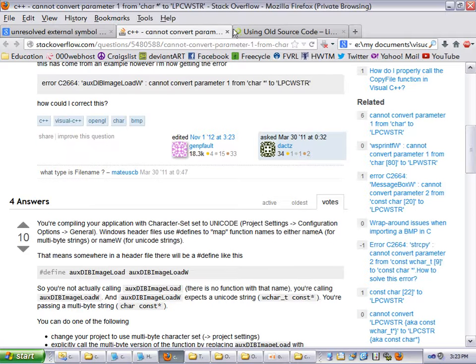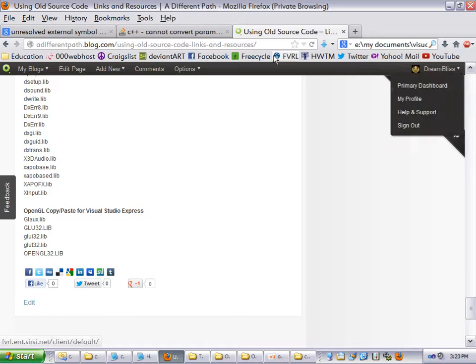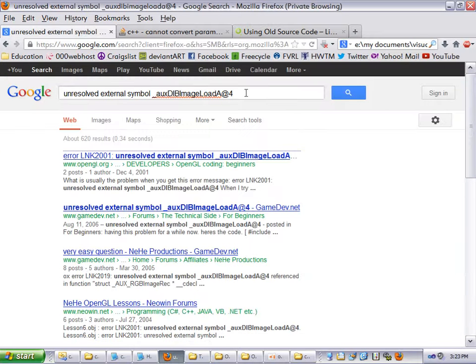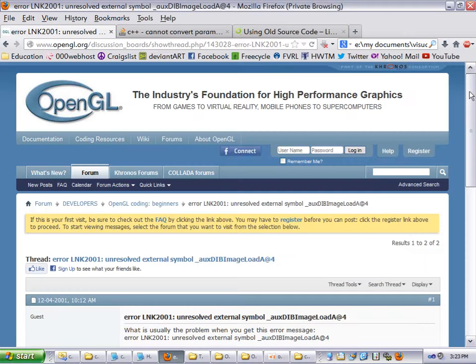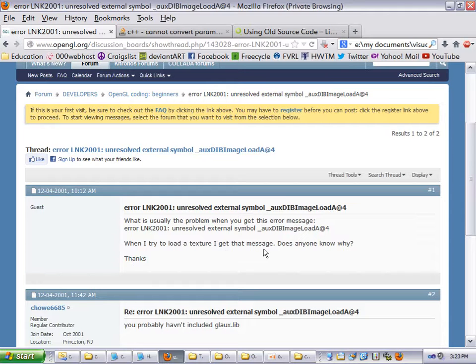And then this one, at OpenGL forms, error link 201, we had an unresolved symbol. Well, I figured out why that was, and I'll show you both of these here right now. So,